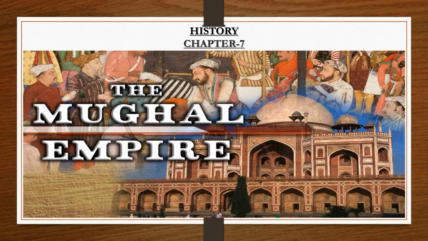Chapter 7, the Mughal Empire. In this lesson, we will discuss the reign of Akbar and Aurangzeb. Their administration and contribution to culture are also explained, and at the end, the causes for the decline of the empire are mentioned. As I've already told you, when we talk about a dynasty or empire, there will be a rise, but there also will be a fall of that dynasty. So the reasons which led this dynasty to its end, we will discuss at the end of this chapter.